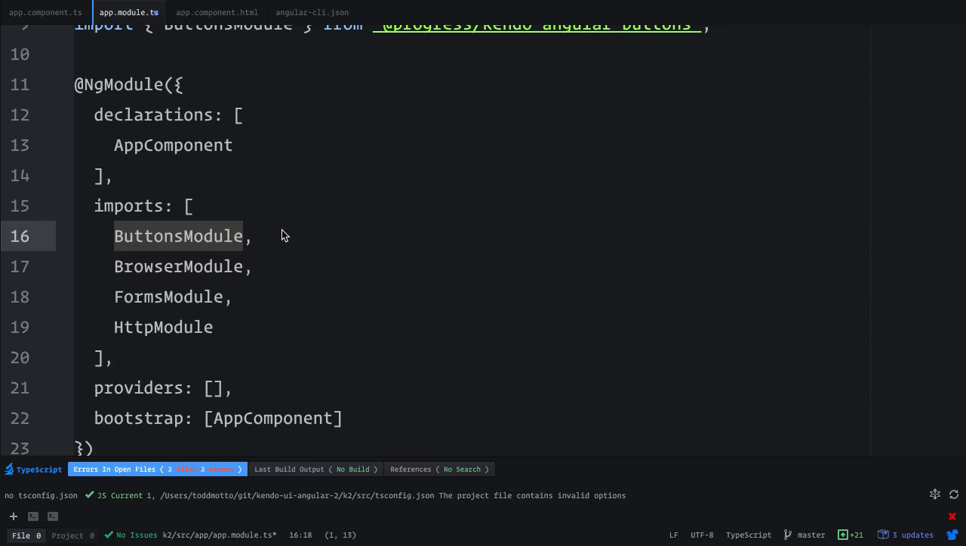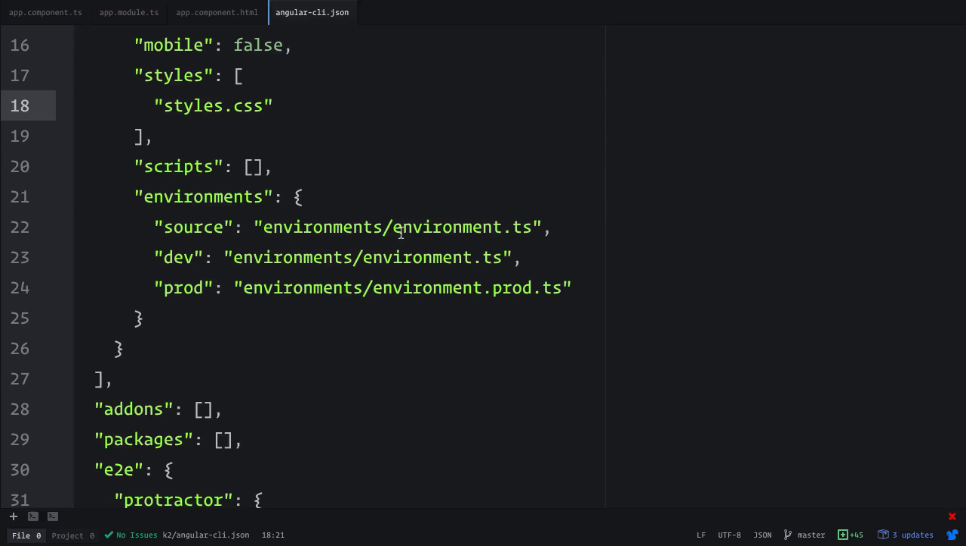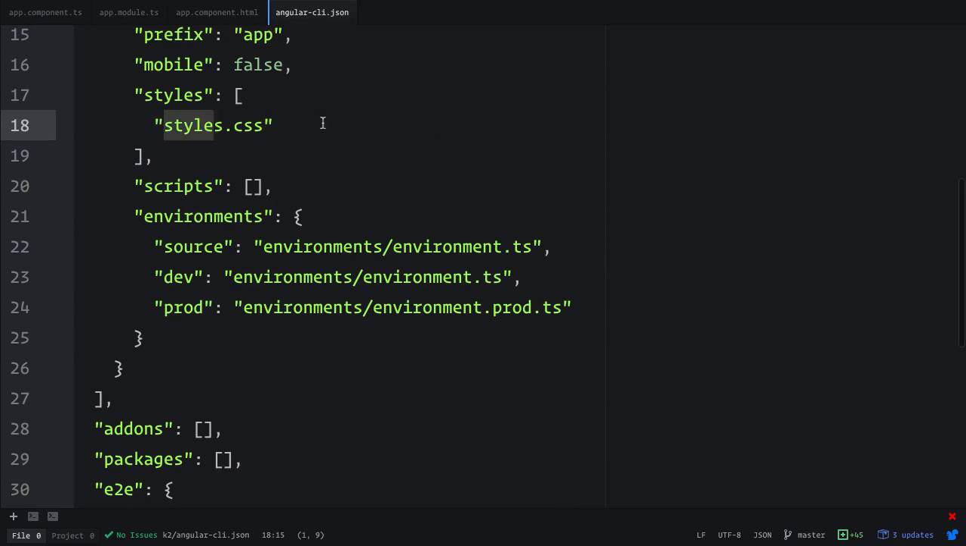We've created our own buttons module here, and we're simply importing it from our install. Now the next thing we need to do is go into the angular-cli.json. This is actually specific to the Angular CLI. So if you're not using the CLI, you can import your style sheet as per the website. When we're using the Angular CLI, any styles that we want to import, such as this global styles.css,